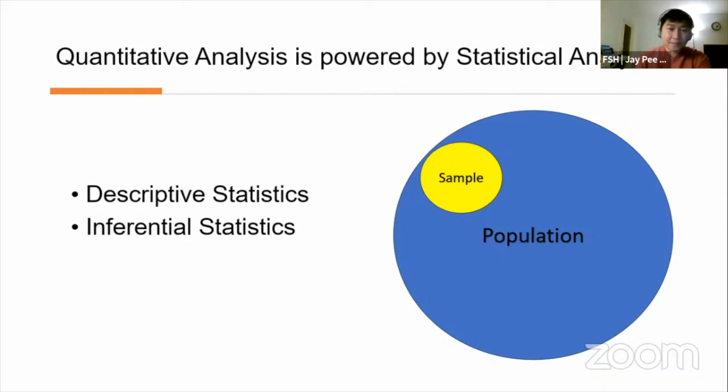So it's a tiny portion of, let's say, the grade 10 students in the Philippines. One analogy here is like if the whole cake is the population, then the sample is just a slice of that cake. So, ayun po. So we have to understand this because